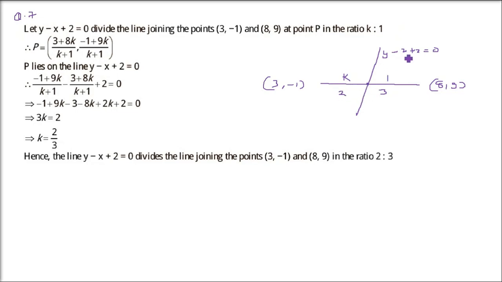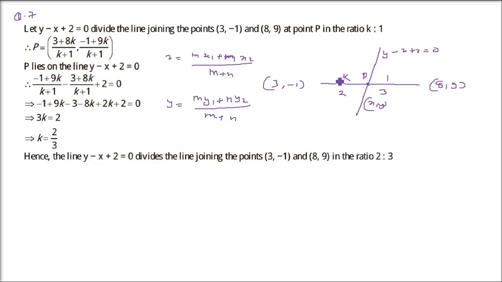And here, this point is lying on y minus x plus 2. So how to find this point? For that, we are going to apply the section formula. We know how the section formula works. We have k:1 as m and n. So let me write the section formula, and this type of question is coming later also. So you have to be very careful and look closely at this section formula. x equals (mx1 plus nx2) by (m plus n), and y equals (my1 plus ny2) by (m plus n).